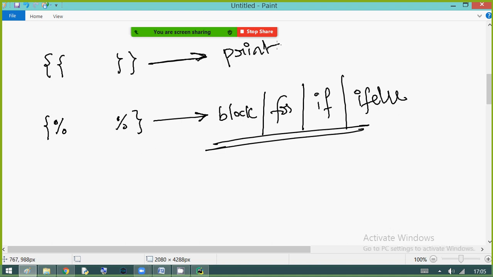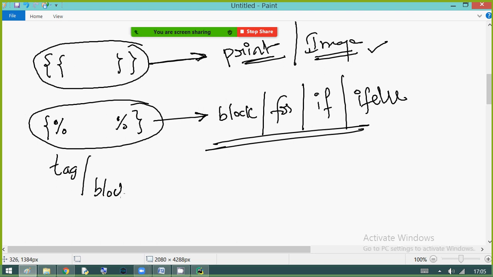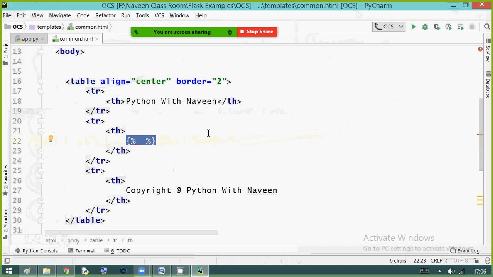If I want to print a variable or an image, in those scenarios we are going to use the variable tag. So we'll call this one the variable tag, and this one you can call simply tag, or block tag also. Your wish, I recommend tag.